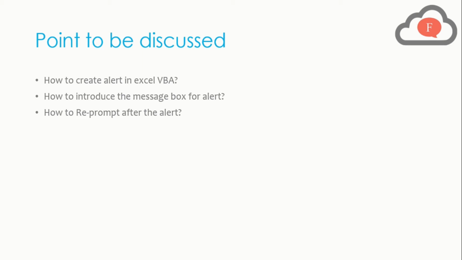So in this video, we use the input message. If something wrong is typed, then it will ask, do you want to do it again? Then it will ask for yes or no. If yes is clicked, then it will go back again to our user interface. If it is no, then it will stop. So how do we code for it? Now let us go into Excel and understand how to code for it.